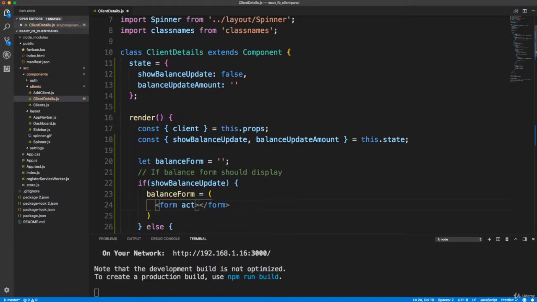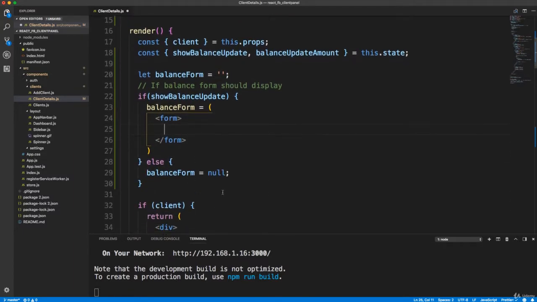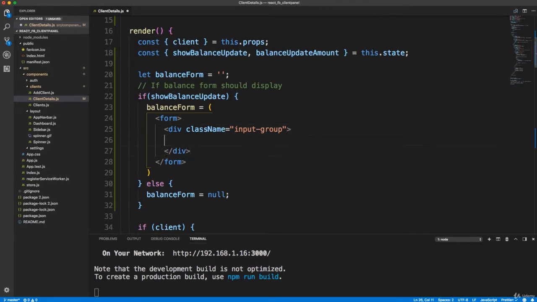We don't need an action. Okay, so balance form, and then inside here we're going to use an input group from Bootstrap. So let's say class. It'll be a div with the class of input-group, because we want it inline. We want the input and then a button kind of attached to it. So input group, and then we want to put the input,